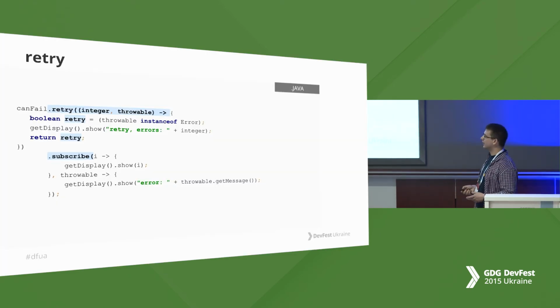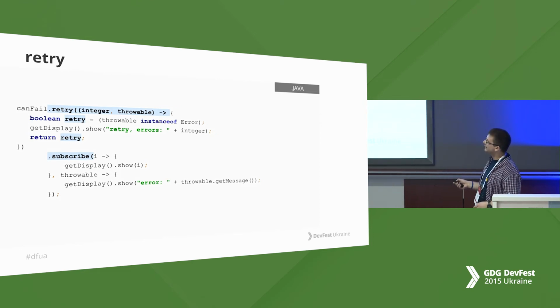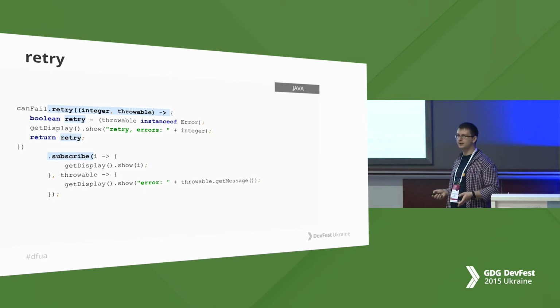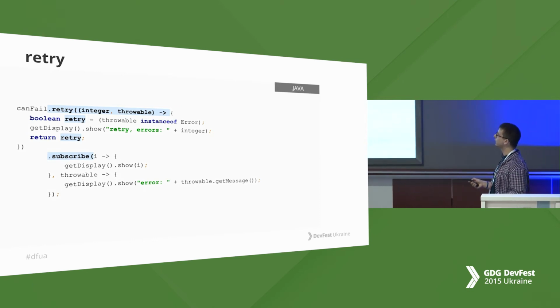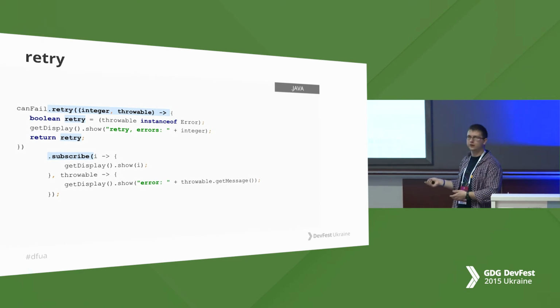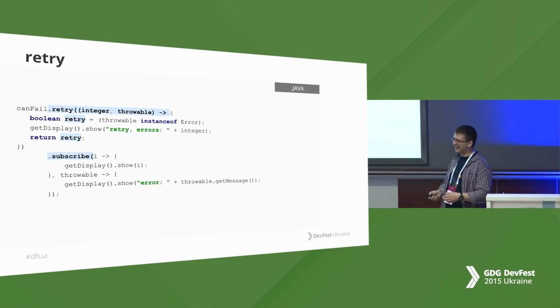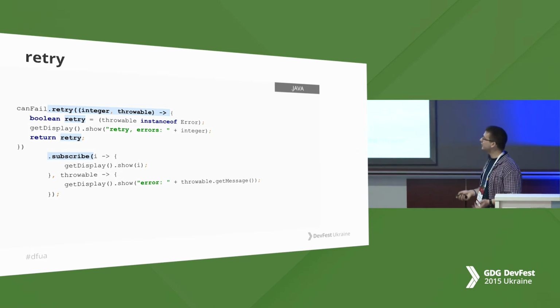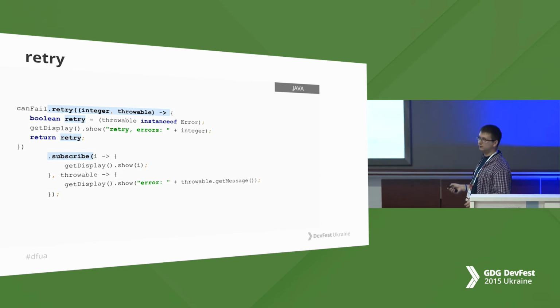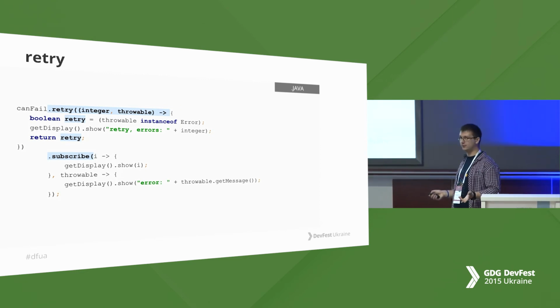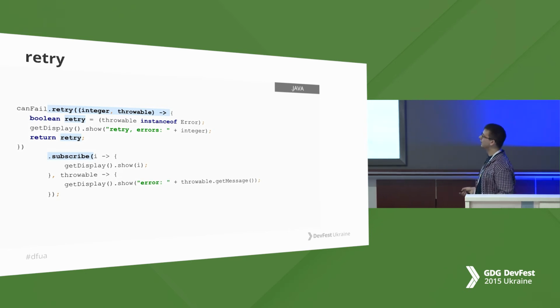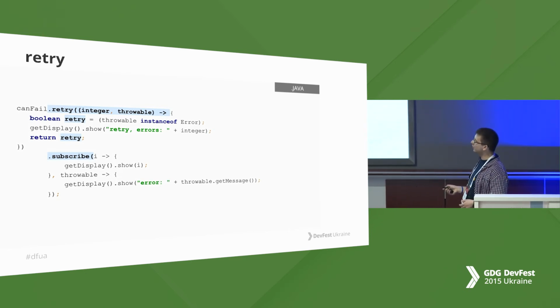This is created just to show you how to use retry. Retry gives you the ability to take a value, for example an integer, and take an error, and build some logic upon these values. So we can check whether our error is an instance of Error, or NetworkError, or StackOverflow, some kind of error. Yes, we can check it and return a Boolean that will show us whether we should retry or not. So the stream will retry to connect, retry to subscribe, and then just go forward.